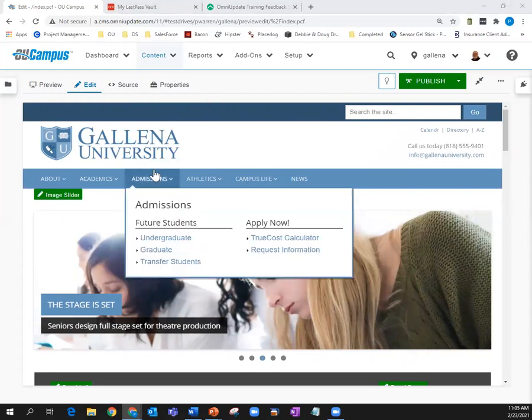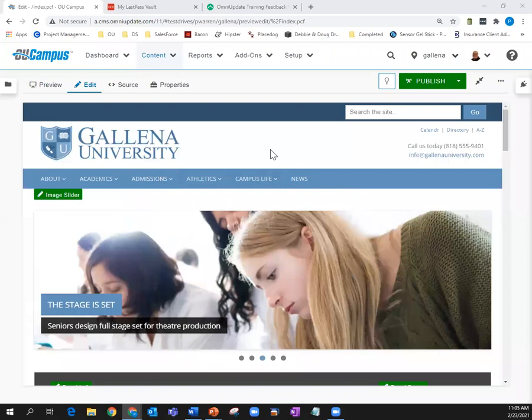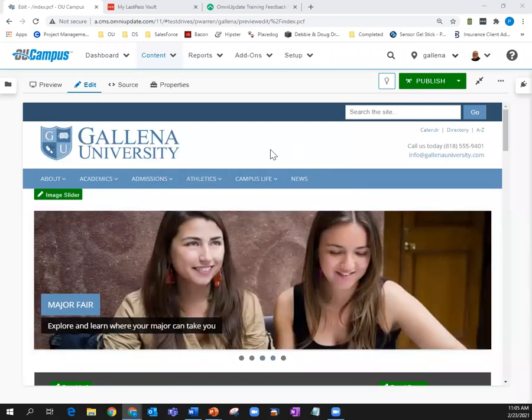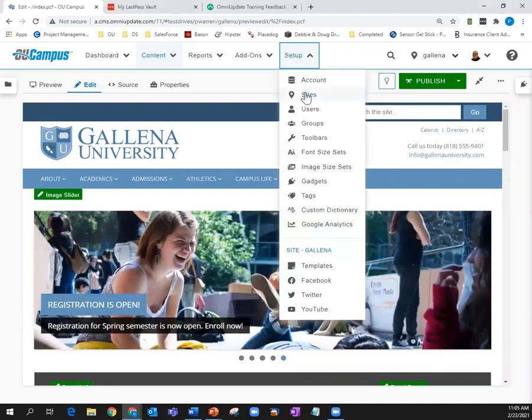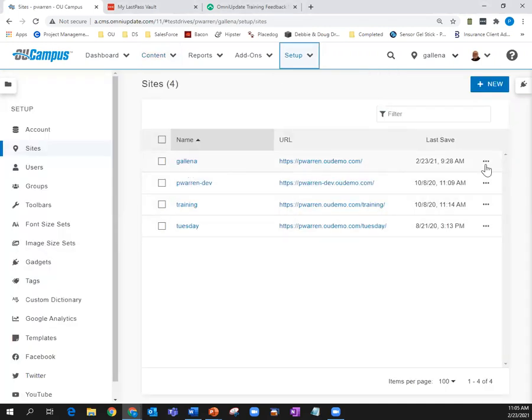As we come in here, we do have some setup things that you can do as an administrator to control what types of changes can be made on images. So let's just go over those. If we go in here to setup and go into sites, this is only available to your level 10 administrators. And if I go into sites here and go into more actions and edit my site,